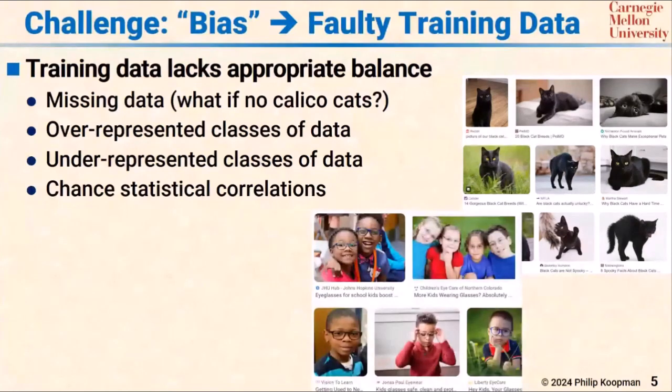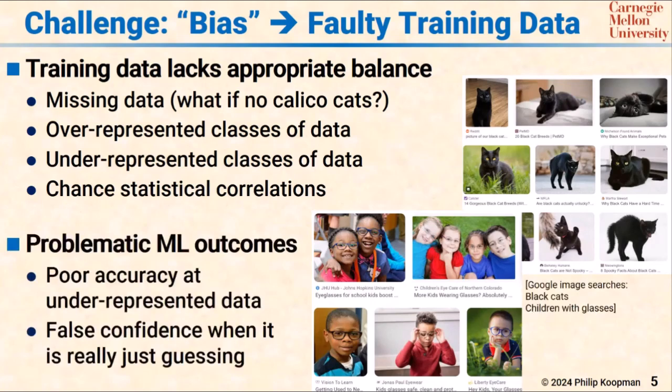There is also the risk of chance statistical correlations. So what if, now I did an image search for children to be sure, so I'm not saying the tool did this on purpose, but what if it turns out every single child you trained on has glasses? There's a risk the machine learning, pretty good at this, will learn that, well, I don't care about children, I'm just looking for glasses here. And if it finds glasses, it's probably a child, that's good. Statistically, that works just fine. So there's a real issue with making sure you don't have chance statistical correlations, which is a different aspect of the overrepresentation, underrepresentation.